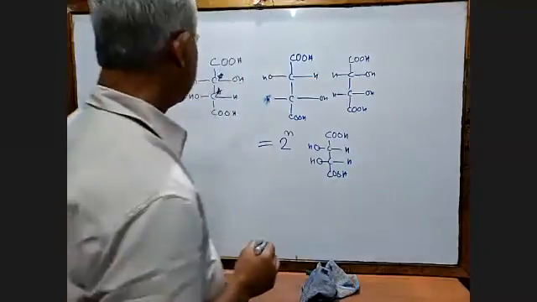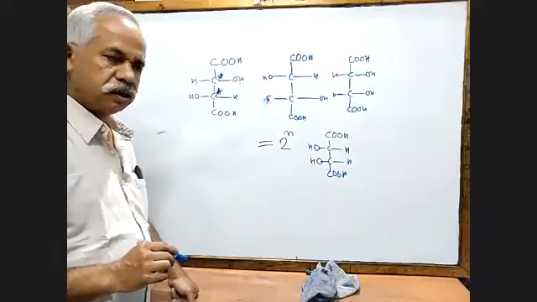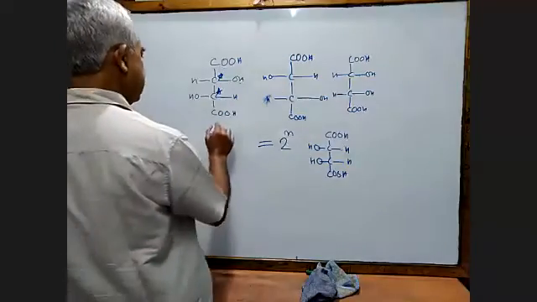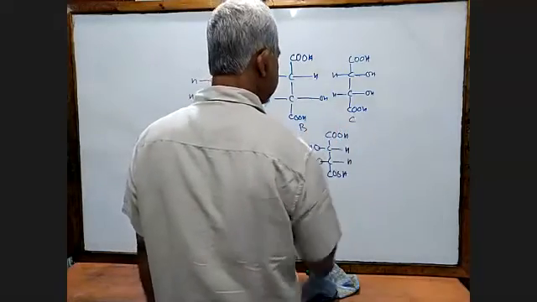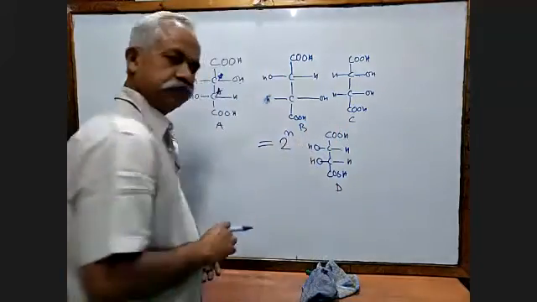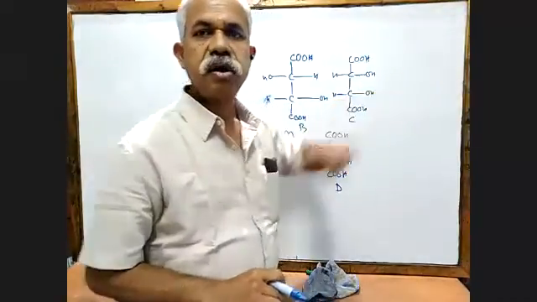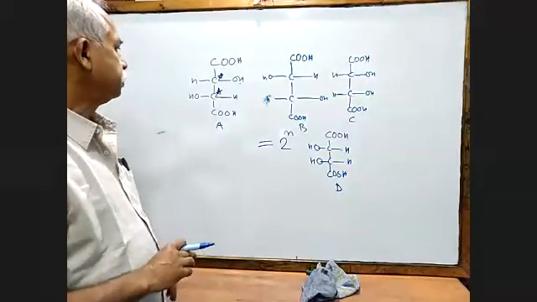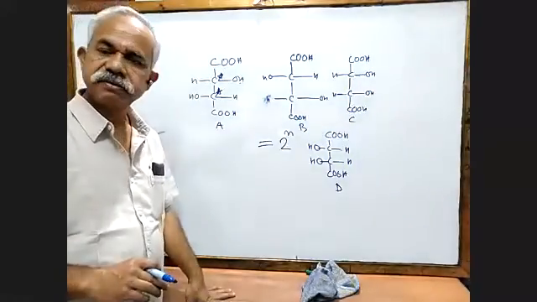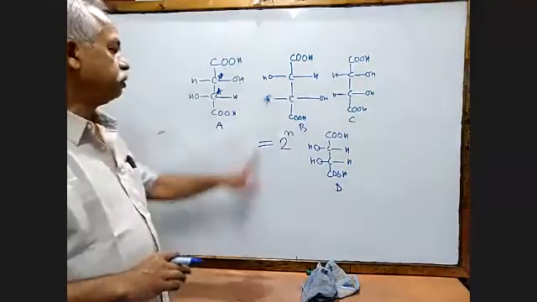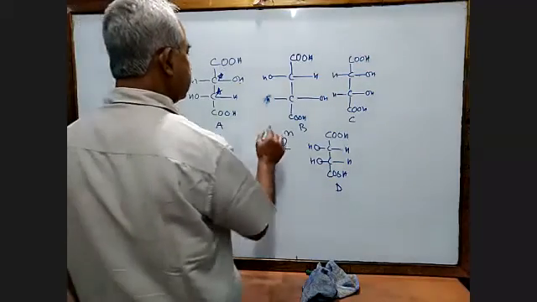See here. So is it not that all of them are different? So we now have 4 optical isomers. I write A, then B, then C, and D. All right. I should have written it here, but I thought that if I write it here, you will not be able to see, so I did not write it. See here, are A and B not mirror images of each other? They are mirror images of each other. Okay. So this is the dextro isomer, and this is the levo isomer.